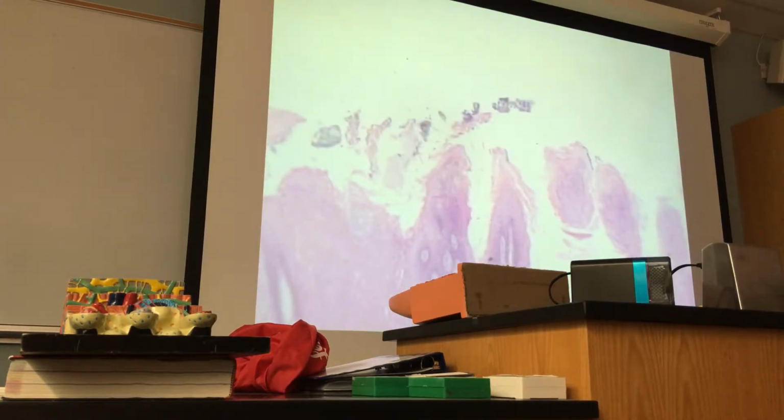Sometimes one of them may seem like filiform, but this is fungiform. This appearance is due to the plane of section. When you make a section, you have to have the tissue embedded in paraffin, or wax kind of thing. Paraffin, yeah. And when you cut, it can go through any plane, because during the processes,